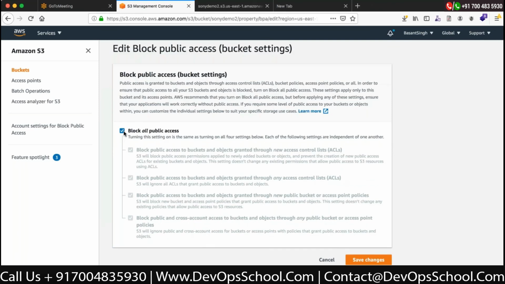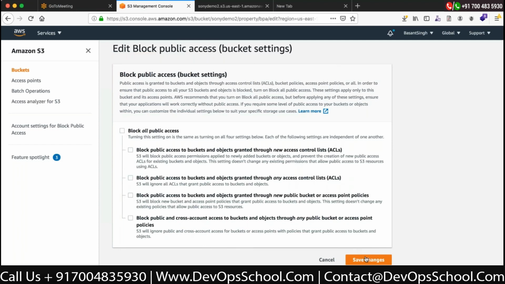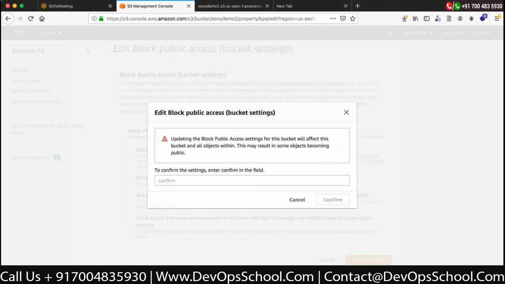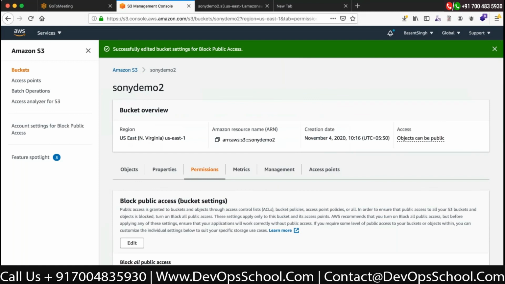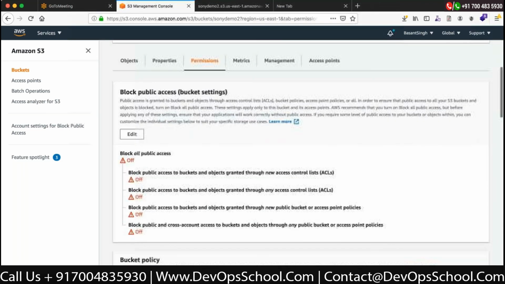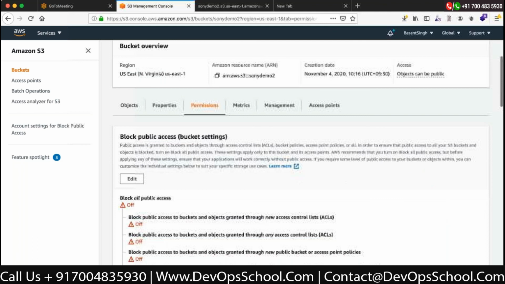That is the first thing you have to think about, from the point of view of security. If you are working as a cloud security engineer, this is the first compliance check: you will make sure that the buckets are not public. If they are public, there must be valid reasons provided by the development team or any other team that wanted to access or share this file. That is completely understandable